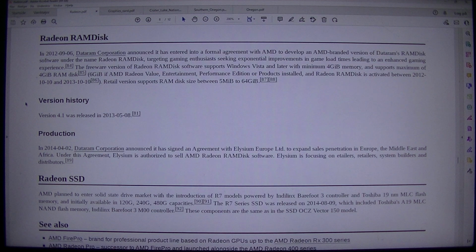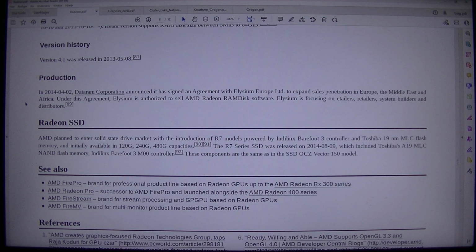The freeware version of Radeon RAMDisk software supports Windows Vista and later with minimum 4 GB memory, and supports a maximum of 4 GB RAM disk, or 6 GB if AMD Radeon Value, Entertainment, or Performance Edition products are installed and Radeon RAMDisk is activated between the 10th of October, 2012 and 2013-10-10. The retail version supports RAM disk size between 5 MB and 64 GB. Version history: version 4.1 was released on